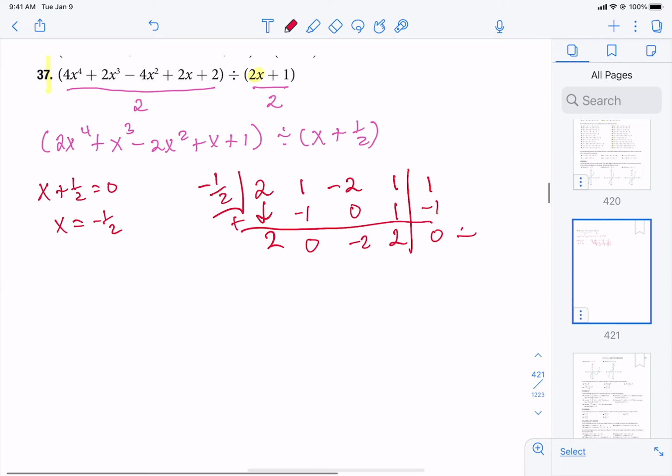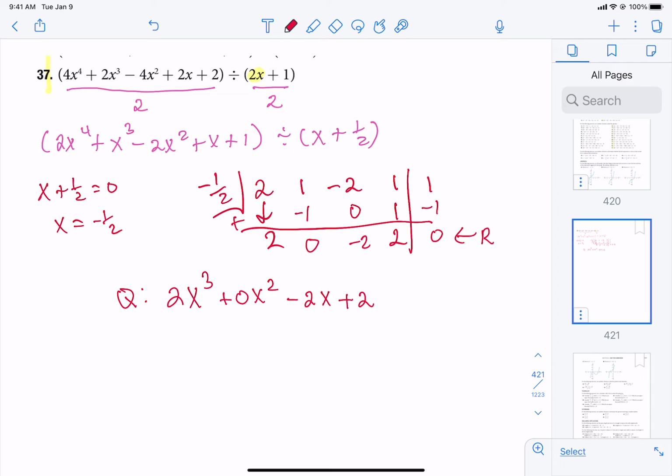They did mention to note what your remainder and what your quotient is. Our quotient is the answer we see here, putting the x's back on. Now remember, we started with an x to the 4th. This is going to become an x cubed. And so our quotient, our answer, is 2x cubed plus 0x squared. Now you don't have to put that 0 term if you don't want to, but you can. Minus 2x plus 2. And then since we have that 0 remainder, we don't have any kind of fractional piece at the end. So that is our answer,